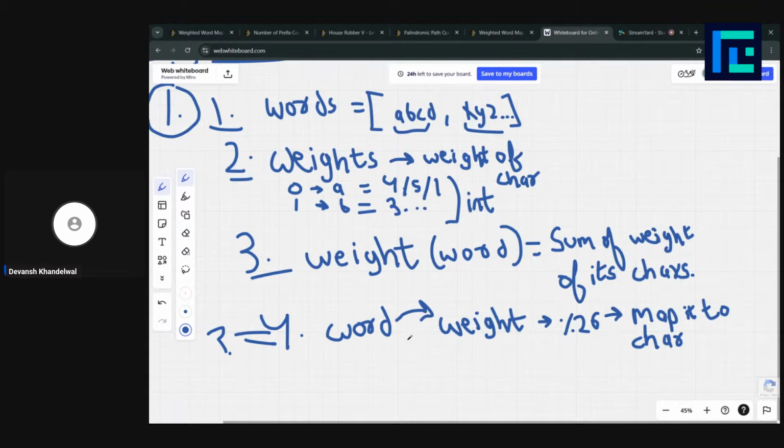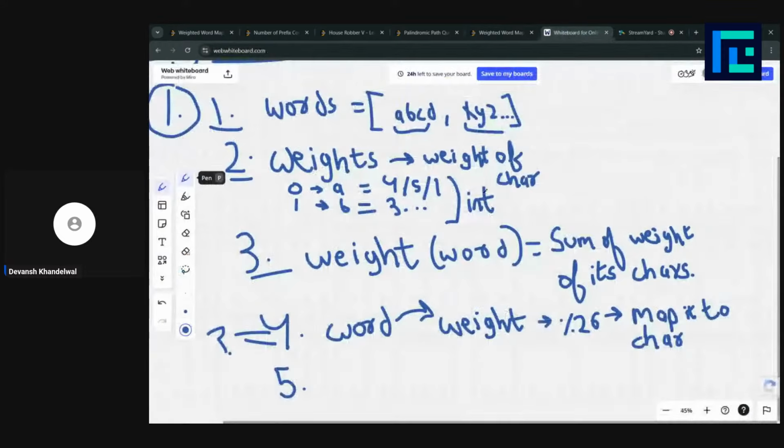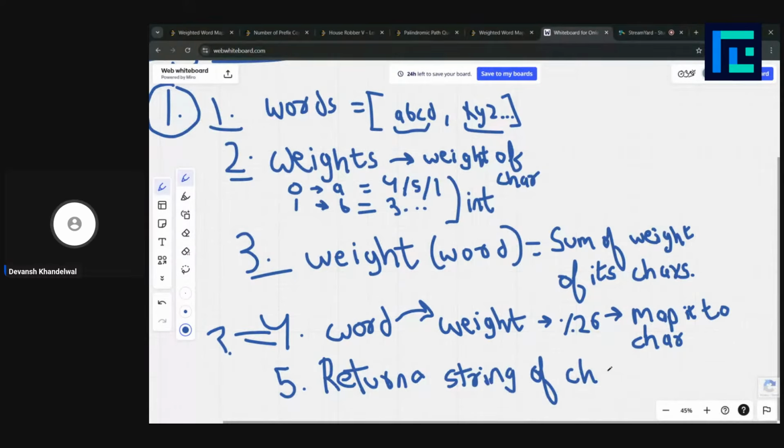Hope that's clear. And this was our fifth point, that we have to return a string of characters that we got.